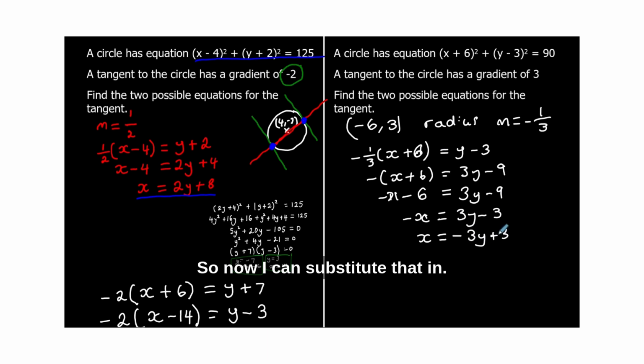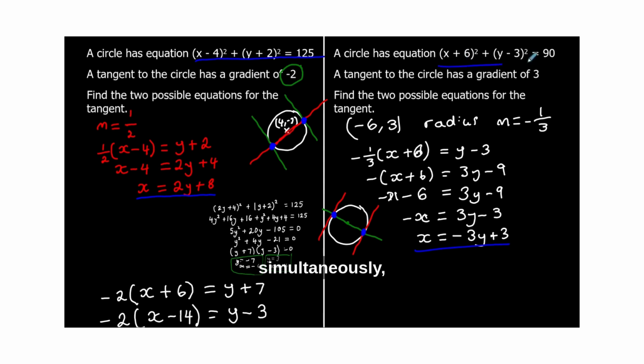So now I can substitute that in. So I've got a circle. I know I've got two tangents, one here, one here. I found the equation of the radius. So I can find out 2 points on the tangents by finding where the radius meets the circle. So if I solve these two equations simultaneously, I can find these 2 points. So substituting in for x, negative 3y plus 3